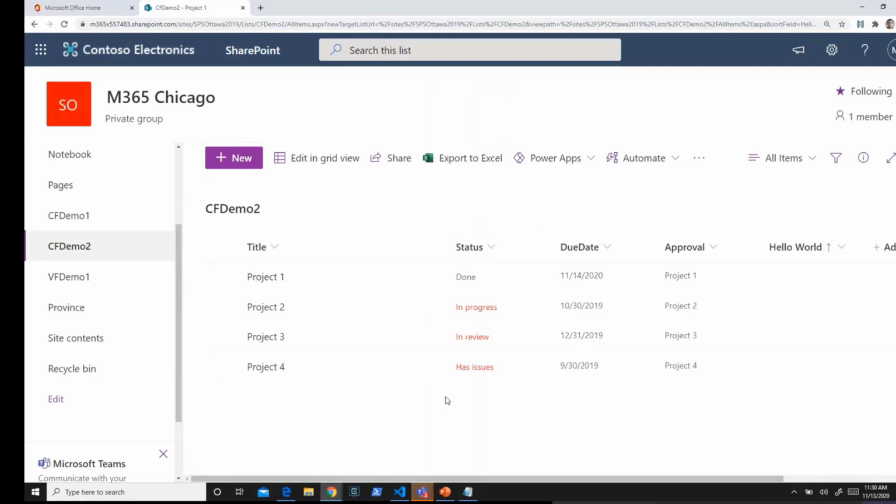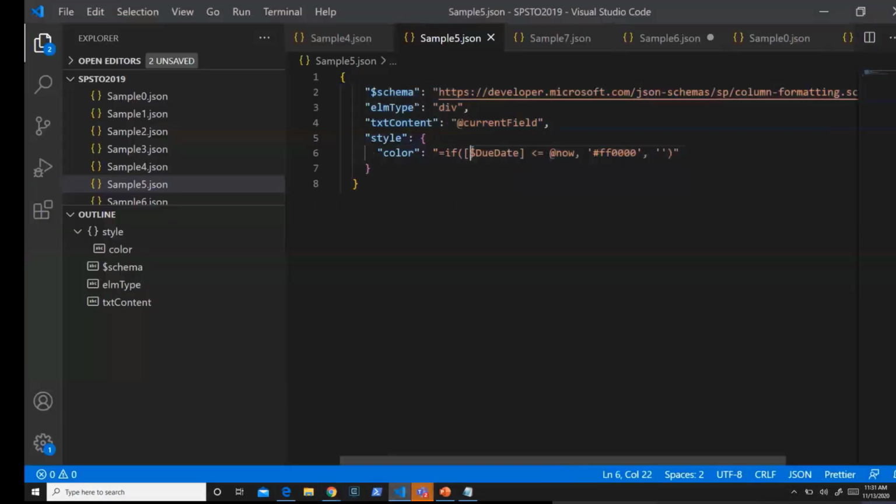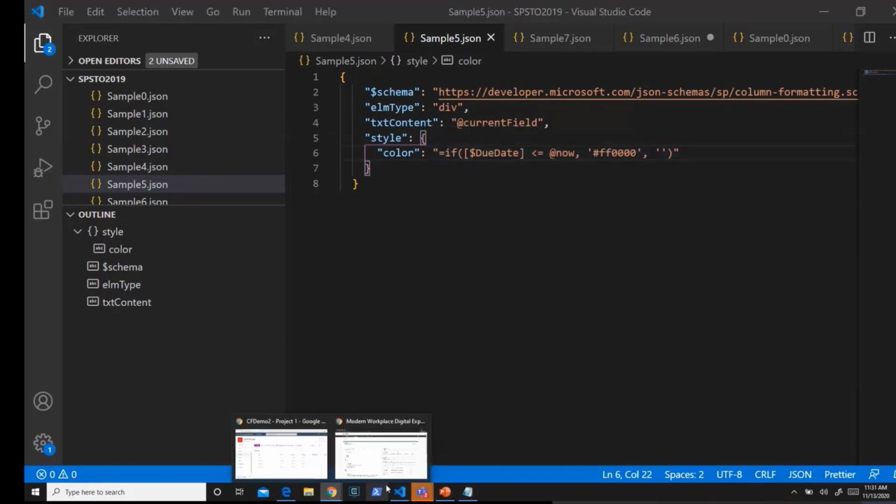So in the status column formatting, we are just referencing a due date. The two things to note here are that you're using a different column, and you can always reference any column in that specific row by using the internal name. You also can use now as your date time comparison operator as well. Now, to move further,